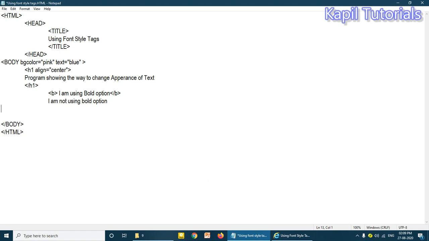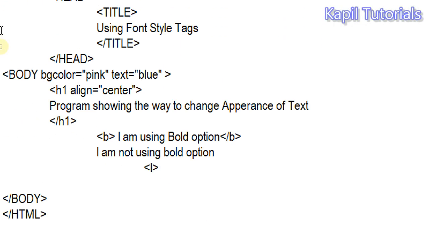Now after this I want to use italics. Simple, I for italics. Then here I am using simple that thing only. I'll write I am using italic option. Then I'll close this.